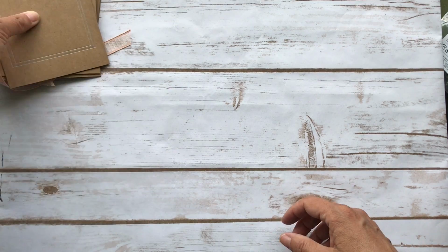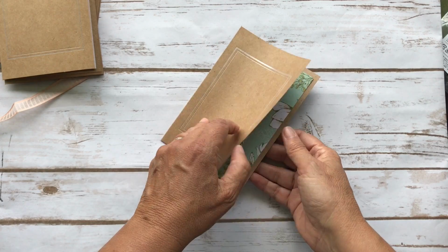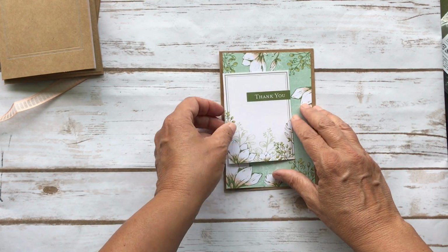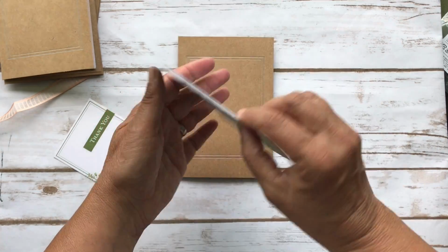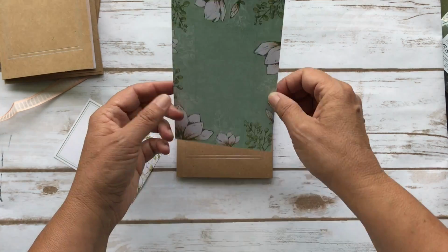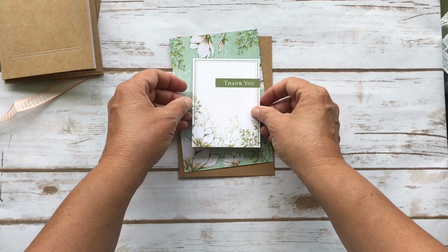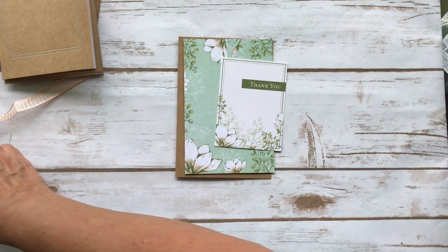So I have my 5 cards hidden away, and we'll do something a little bit different with each. This is going to be a very basic card. I'm not going to do the insides today. So this is the Memories and More card. Isn't that pretty too? And I'm just going to lay it here and pop this up, and I'll add some sequins or something. So let's get my liquid glue,